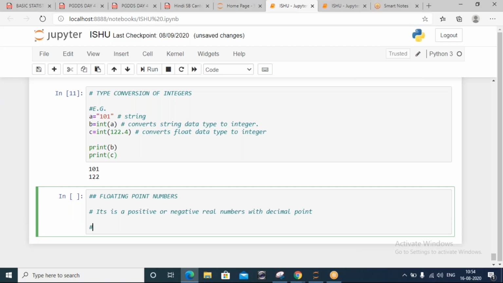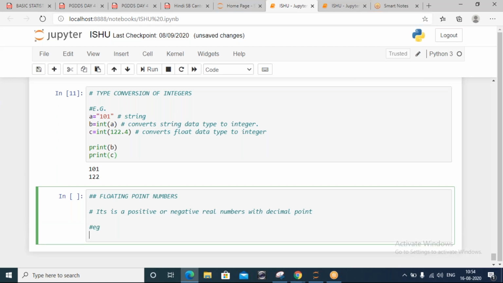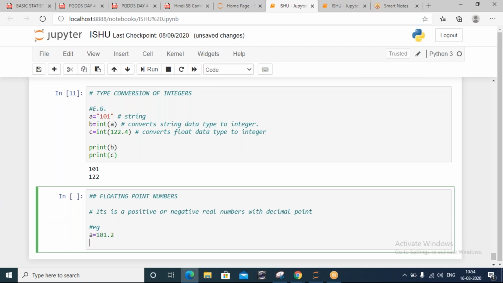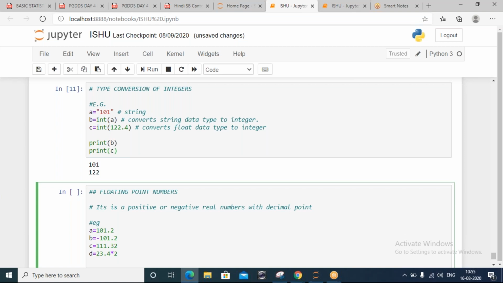Now let's see an example. Suppose a equals 101.2, b equals minus 101.2, c equals 111.32, d equals 23.4 into 2. Now if we go for the print of a,